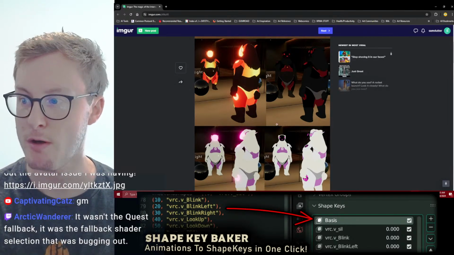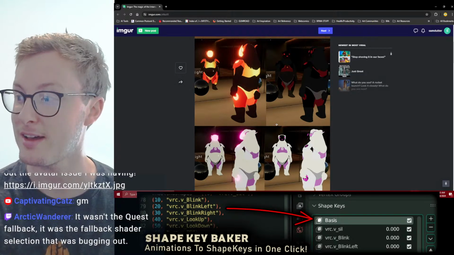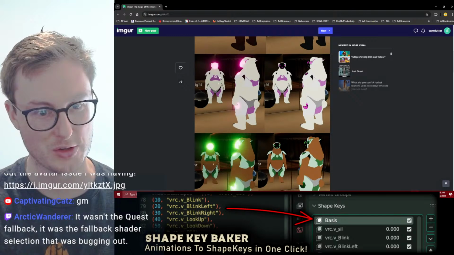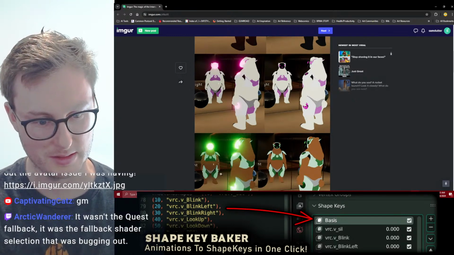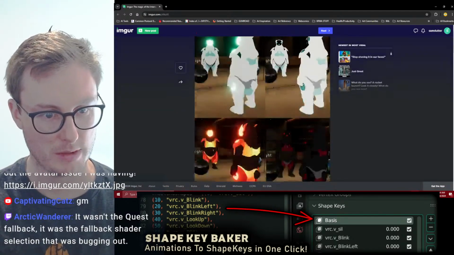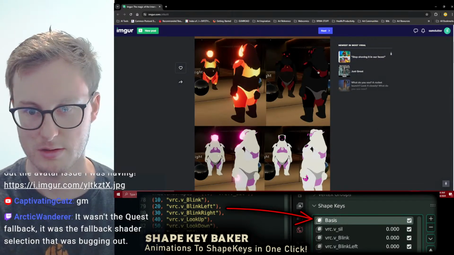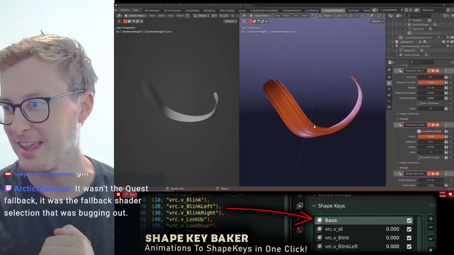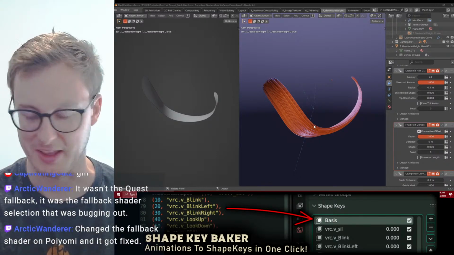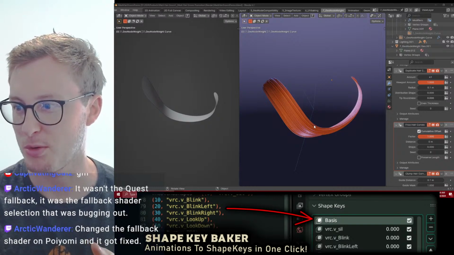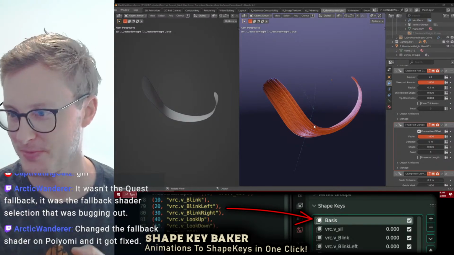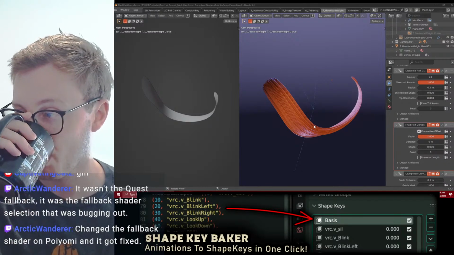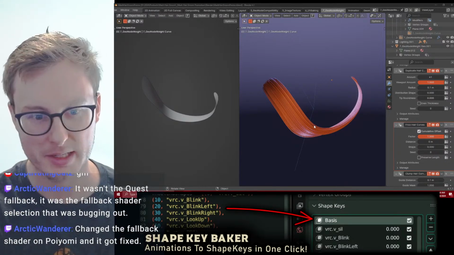Wasn't the quest fallback, it was the fallback shader selection that was bugging it. Ah, that makes sense, because the shader would look pretty similar. And yeah, he's shiny right there too. Interesting. Or they're shiny. Well, good. Hey, that's awesome. I bet that is one of those bugs that just makes you wonder why it is happening. Change the fallback shader on Poiyomi and it got fixed. Nice. That's awesome. I should probably do that for some of my characters sometimes. A lot of my visibility is dependent on